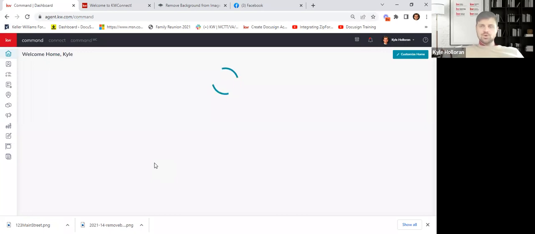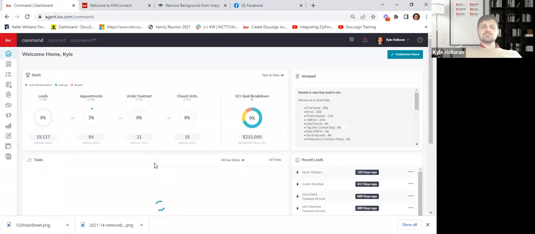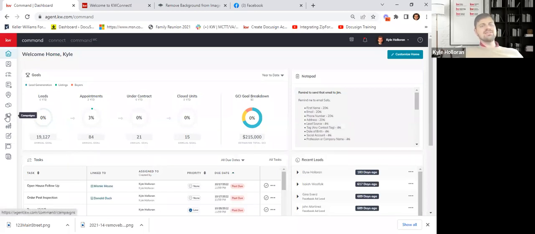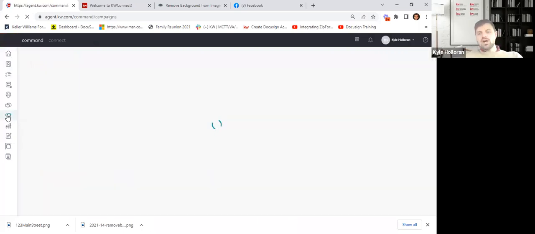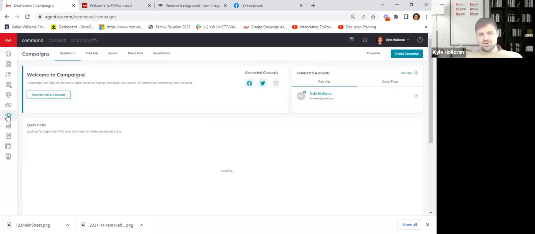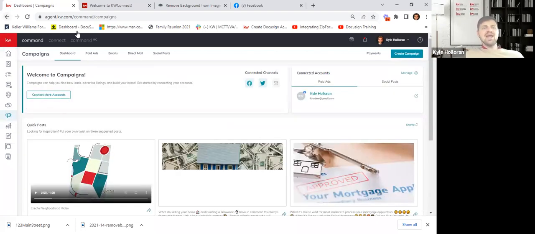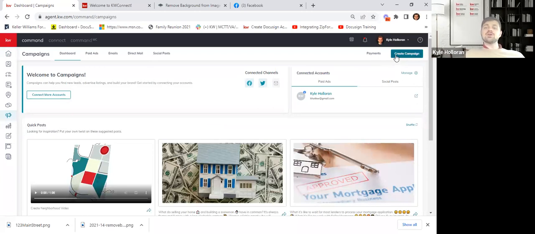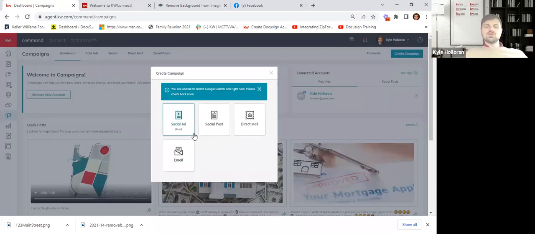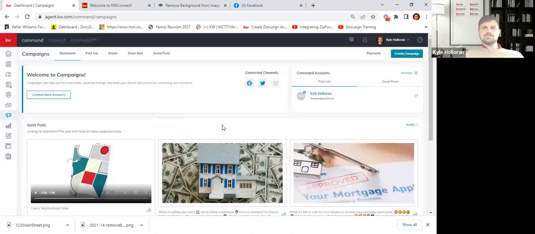You guys know that in settings, you can connect Facebook. Right. And so in the campaign section here, the little megaphone, I can open up campaigns and you have the ability to do paid ads. That's what we're talking about, right? What I'm about to talk about is the free side of this, which is just social posting. Okay, so we're not talking about paid ads. What I can actually do is come in here and say, I want to create a social post, not a paid ad, a social post. Okay.